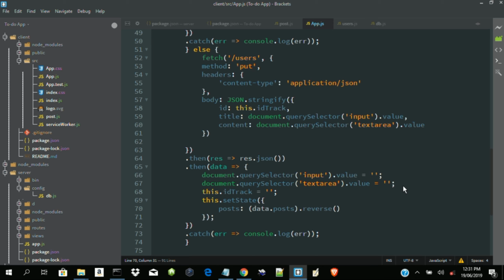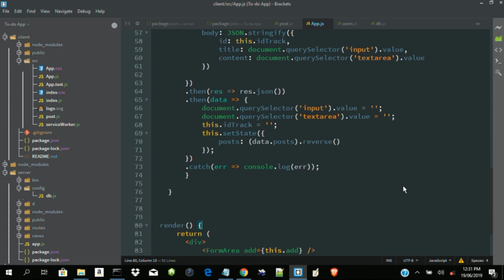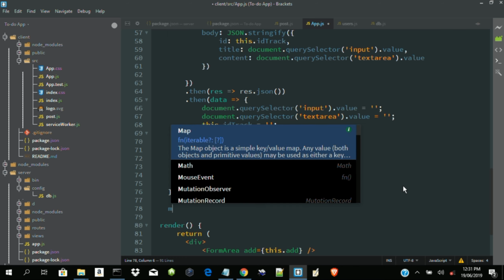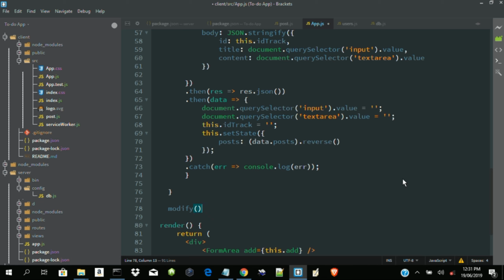So modify now. Let me just write it fast here. Modify. So our modify will be, so what I'm going to do, let's try to get this dot ID track is equal to